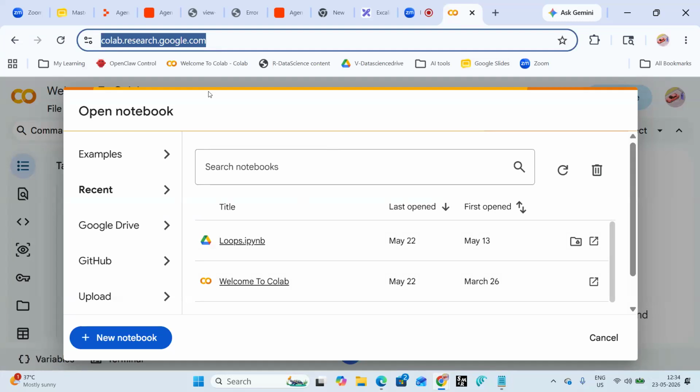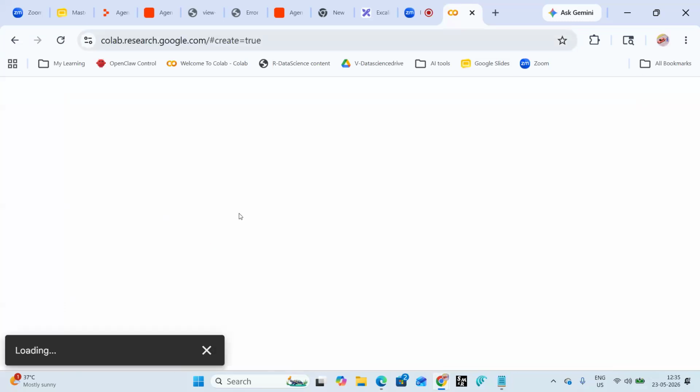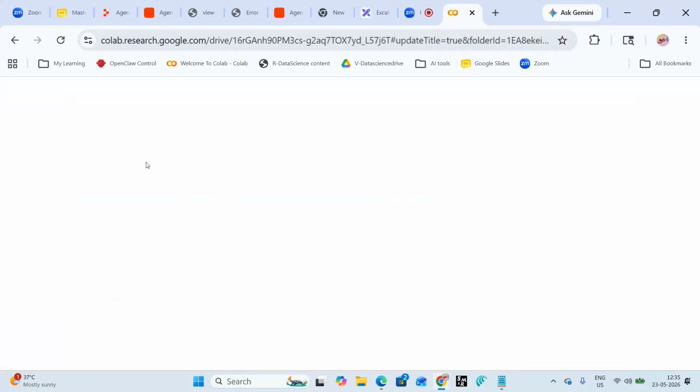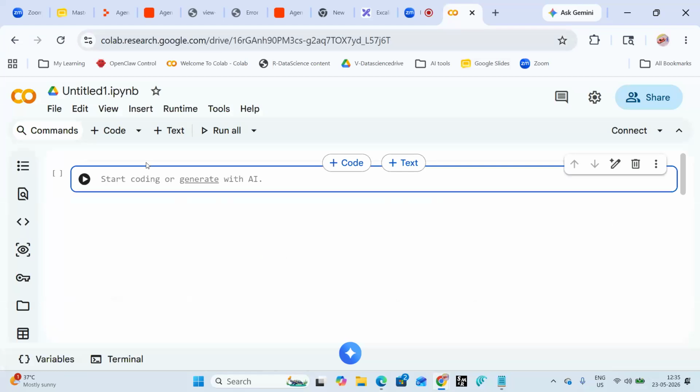You go to Colab, create a new notebook, and you will see a notebook for you. Now we'll see how we can do our practice.